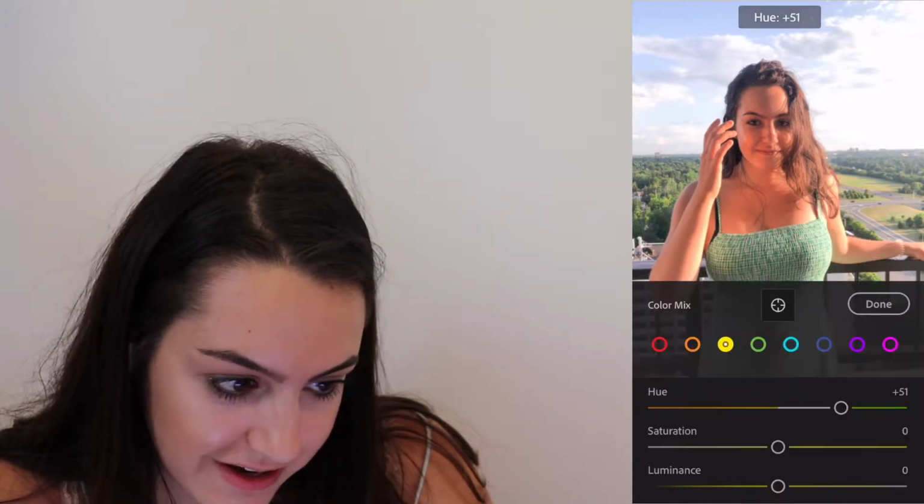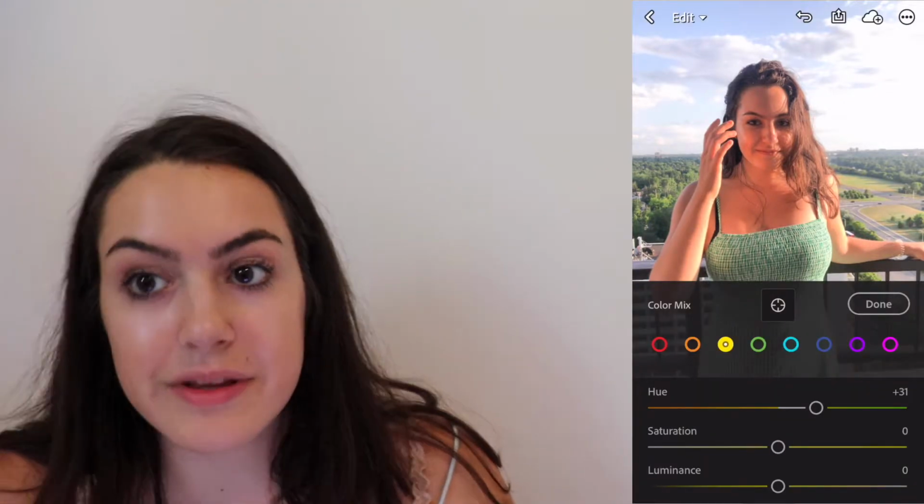Oh, maybe I should bring it up a bit, because it's making the grass in the background look a little yellow, and I don't want the grass to look yellow, I want it to look green. So I'm going to bring that up to 30. I normally leave it at 0. And then saturation, what do I have it at? I have it at minus 70 because I don't want to look yellow at all because it's a warm tone,